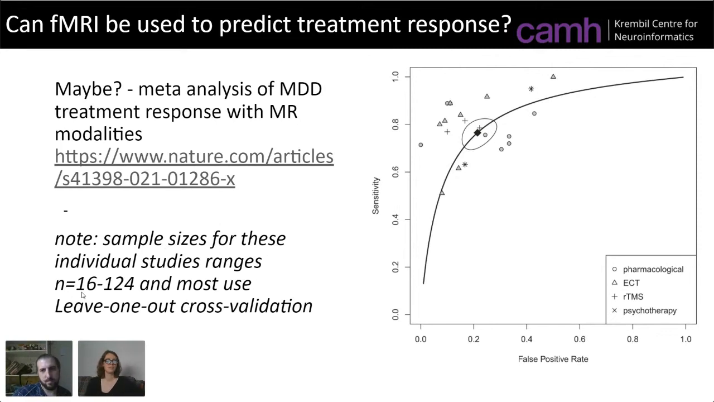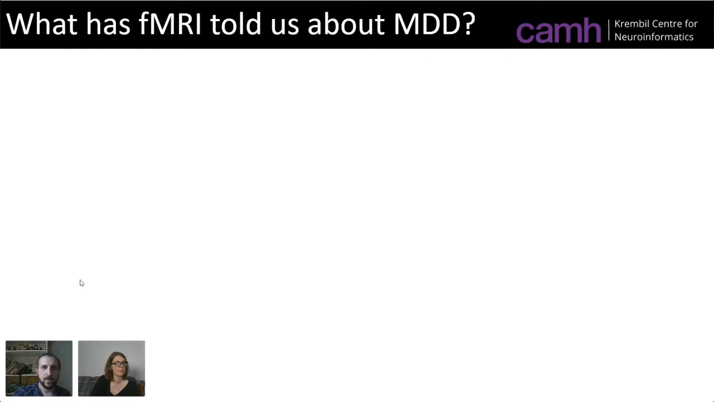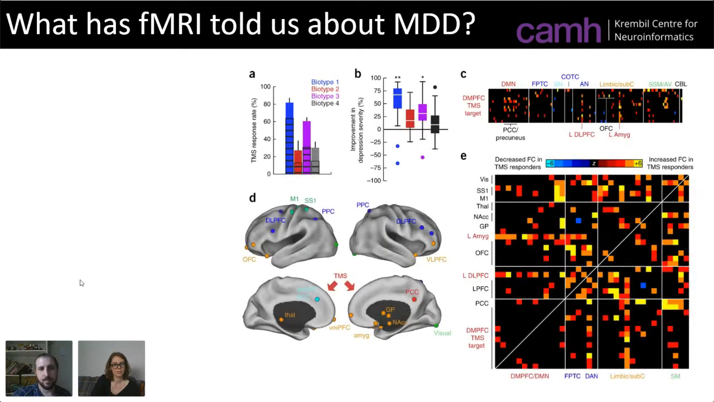And also, the second thing you might learn if you learn about artificial intelligence next week is that leave-one-out cross-validation, which is what they did here, is the weakest form of machine learning validation. So people have tried to do this, but the data hasn't really been there yet. The strongest paper that tried to use connectomics, or these connectivity matrices, to predict treatment response